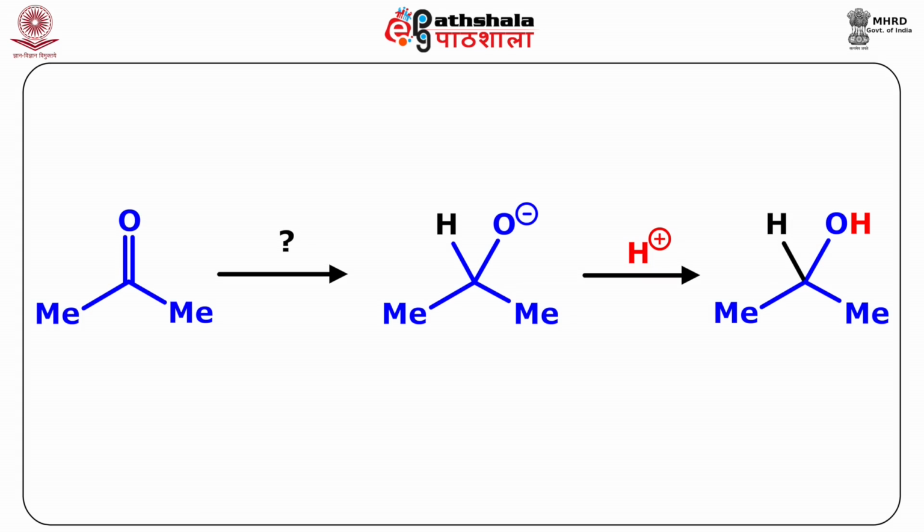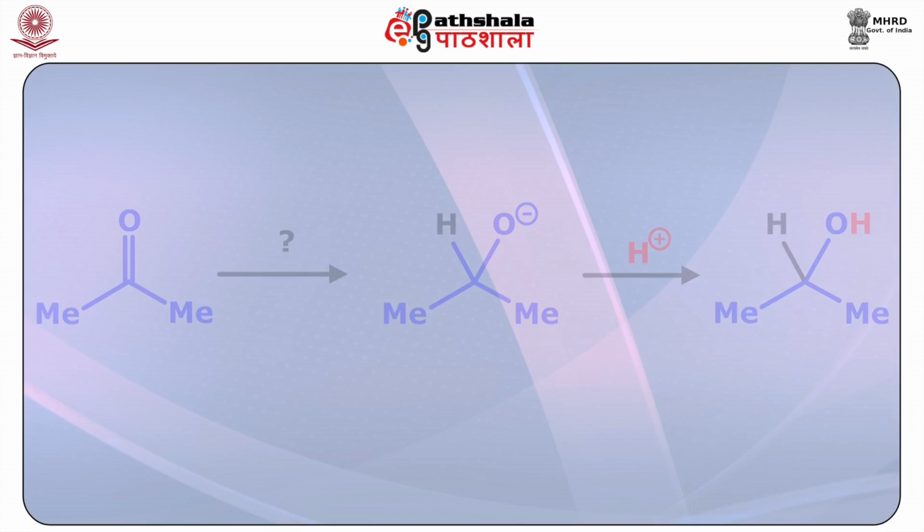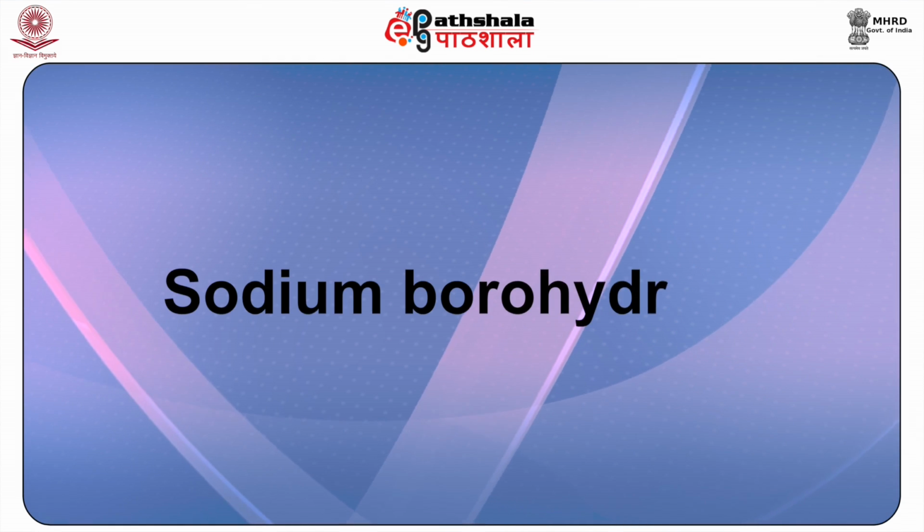Adding H minus to the carbon atom of a carbonyl group would yield an alcohol and would be a very helpful reaction, but the carbonyl reduction to alcohol cannot be done with sodium hydride. So, what can be added to achieve this? The simplest answer is NaBH4 or lithium aluminum hydride. Now we study sodium borohydride with carbonyls, and how the impact will be.